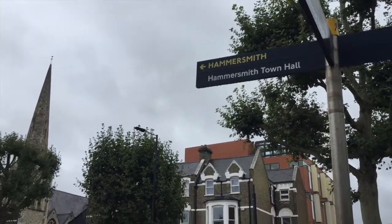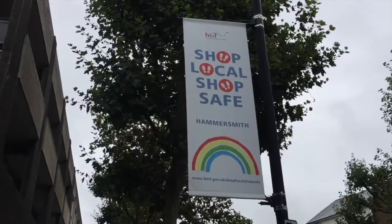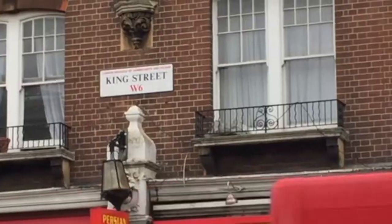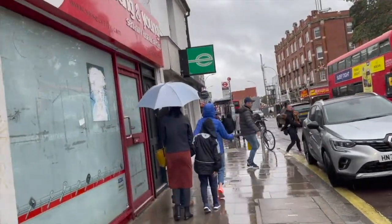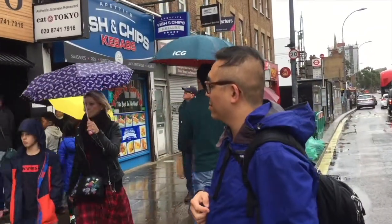Hammersmith in West London is one of those places you may know of, but not know much about. We're right there with you, so let's see what's on offer. King Street was the main road to Windsor Castle for hundreds of years. Today it is Hammersmith's main shopping route and is also lined with restaurants, including Japanese diner Eat Tokyo, where we